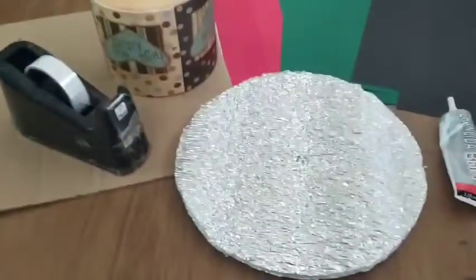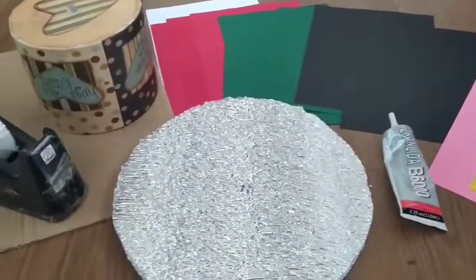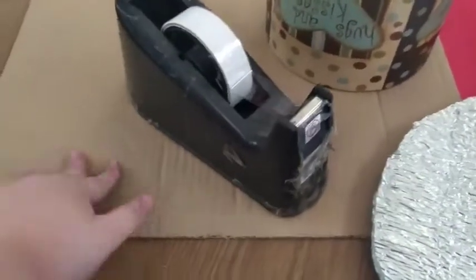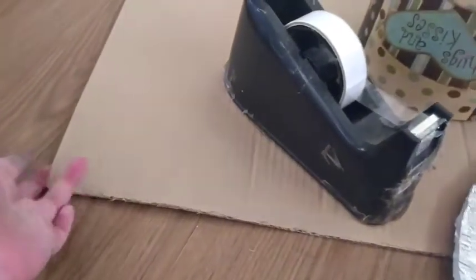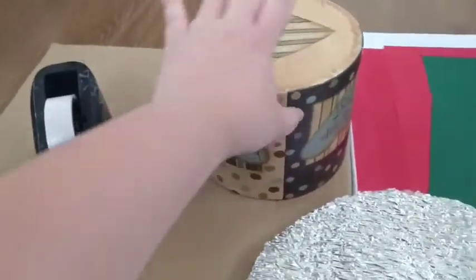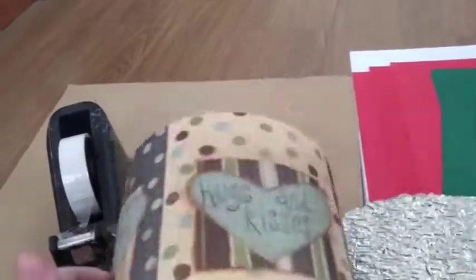Hello everyone, my name is Chibi and I am here to show you how I was able to create the crazy hat named Boshi. So here are the materials: cardboard, tape, this box thing that is made for the hat